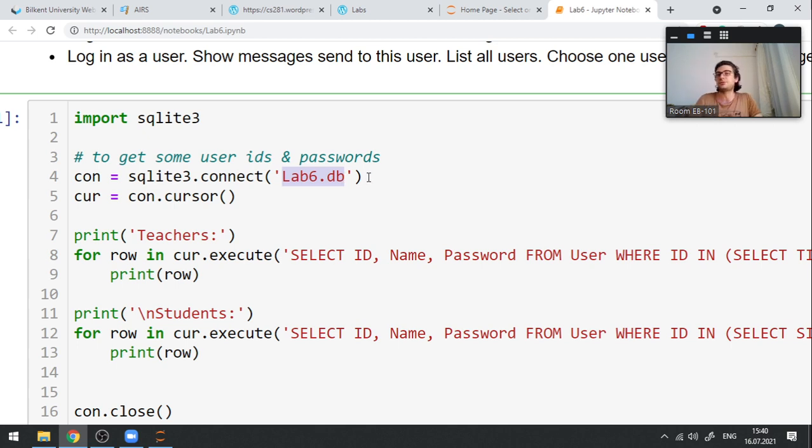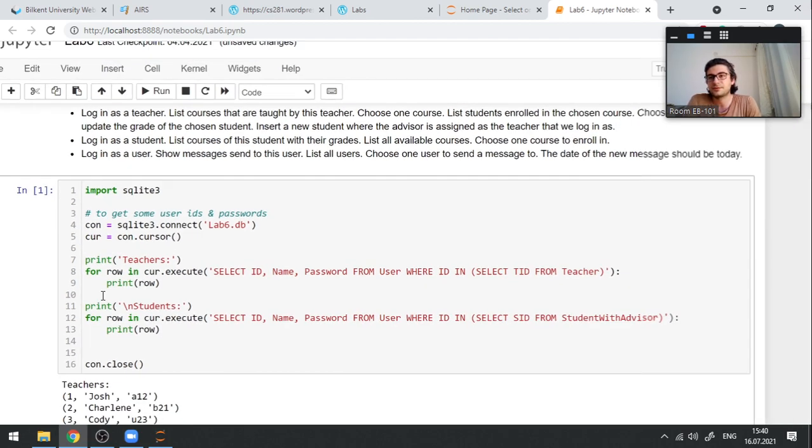So one thing you should be careful about: if the correct file is not in the folder, it will create it for you, but then you do not have the user tables within that database file. So the database file you create in SQL Studio should be put in the correct folder. With this connection, we are just executing some SQL queries, getting the results and printing out those results. So if I